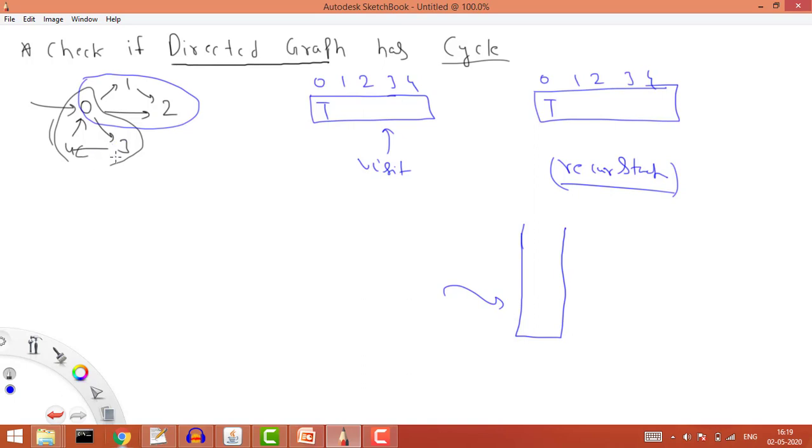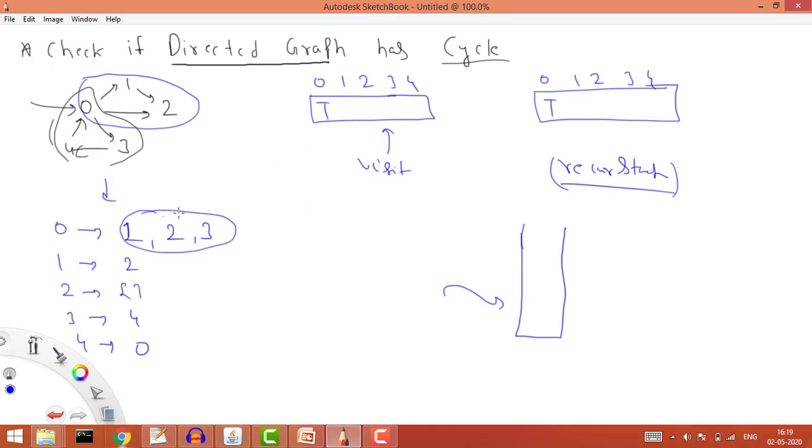Because this is a graph, we can represent it using an adjacency matrix or an adjacency list. Let's say I define this graph as an adjacency list. For 0, 1 is a neighbor, it can go to 1, and for 0 it can go to 2 also, and 3 also, right? For 1 it can go to only 2. For 2 there is no path, so it is a blank list. For 3 it can go to 4, and for 4 it can go to 0, right? When we have done this, first of all I'll operate on all the neighbors.